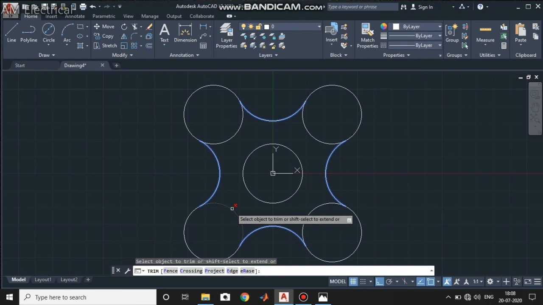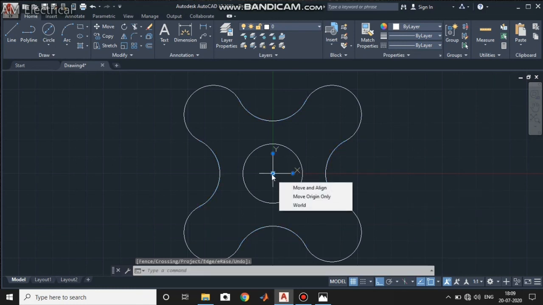Now after giving an enter, select the objects you want to remove. Now click, and click. Now enter to exit.